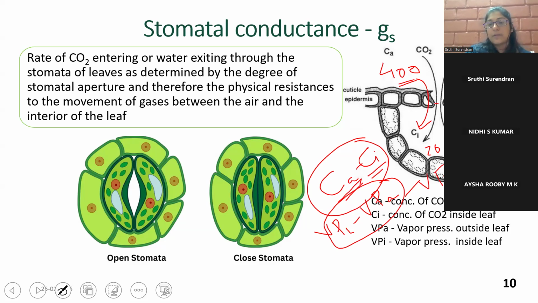Same is the condition of the water vapor. But in the case of the water vapor loss, the vapor pressure inside the leaf is always going to be the highest. That is, it is going to be the saturated vapor pressure. Inside the leaf, it is always considered that the leaf is fully filled with water and there is no more space for water to enter. So that is why the water is leaving from here to here, because this place is full of water,